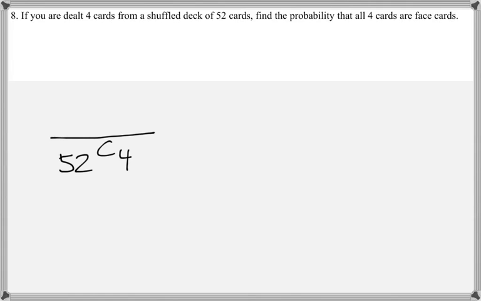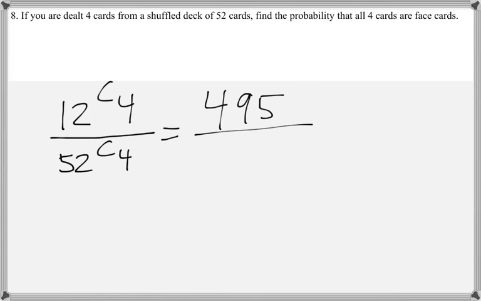52C4. And then on the numerator, it needs to be the total number of ways I can select 4 face cards from the 12 total face cards. So that's 12C4. And this is equal to 495 over